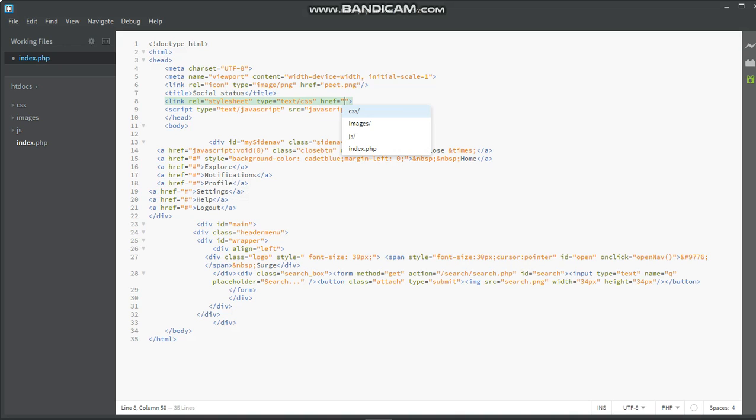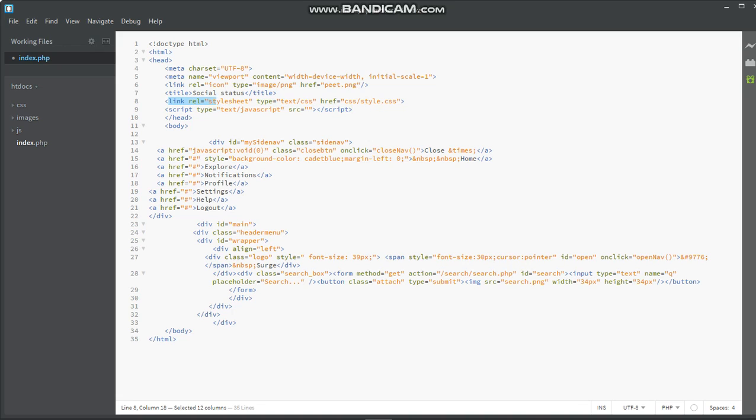href. Now you can see CSS, images, JS. You can see all the folders that we added just came in there, and it's also at the side here. So we are adding our CSS, style.css, standard. Now look at this other one. This one is for the script.